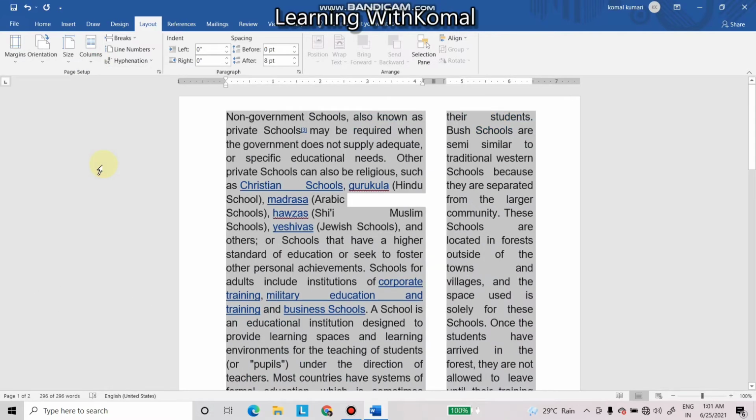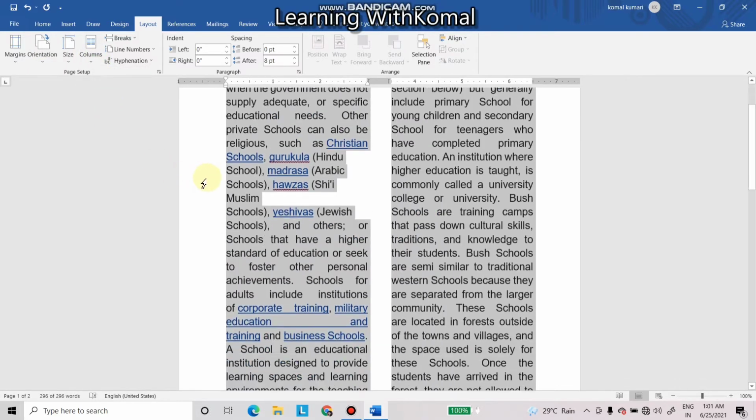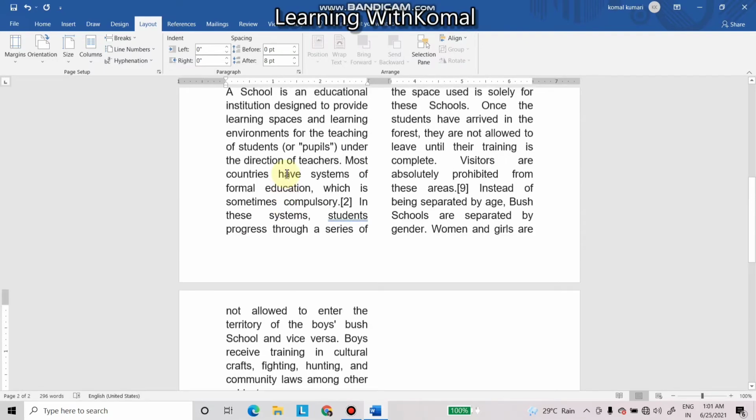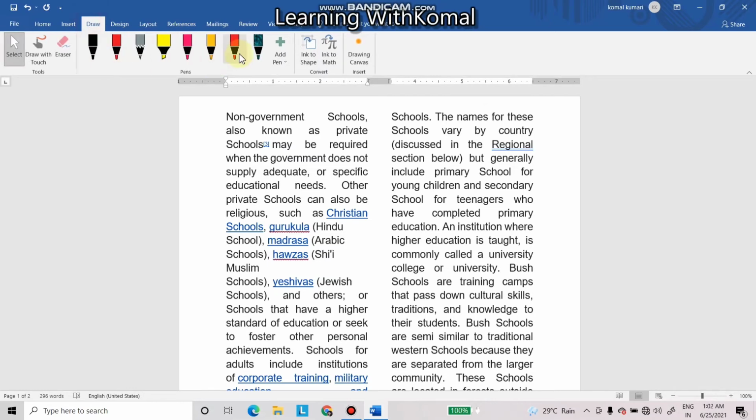So basically it is up to us in what kind of column we want to divide. And there is one very important thing, that when the first column is filled, then only it will move on to the second column. For example, you cannot write here and after writing here go there, no. After writing from here you have to go down. Means when you read a newspaper also, you see that we go top to bottom.